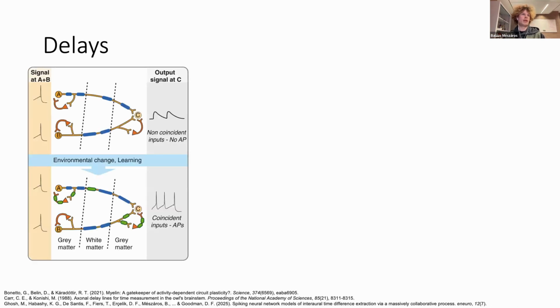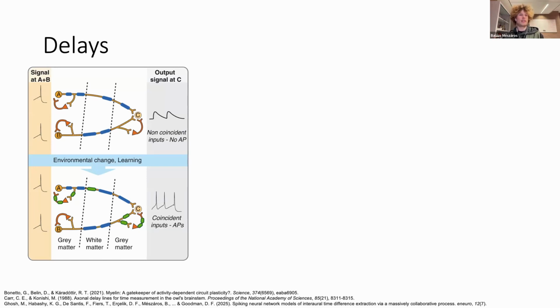And so now I'd like to turn to delays. So delays have been of interest, not just for me, but I guess generally for the field. Many people are interested in them currently, and they also have neuroscience links. So for example, some people claim that these delays can be modified through myelin plasticity, which also happens connected to neuron activity. So it is thought by some people to be a part of learning as well.